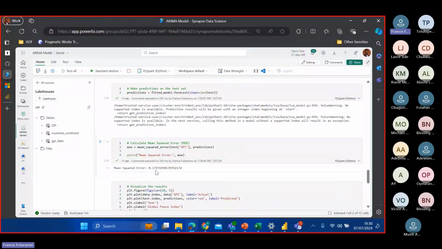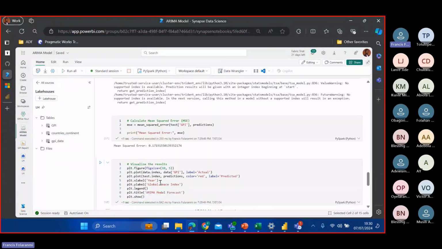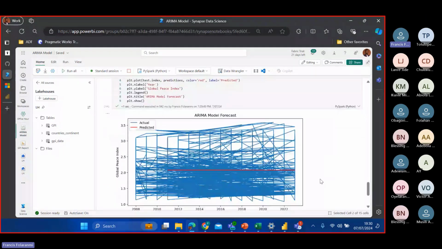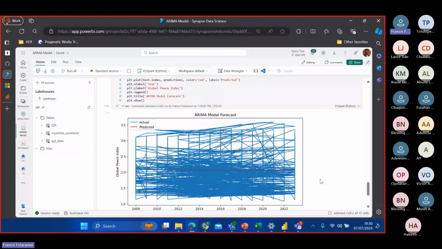So with this mean error, we then start to look at the data set. How do we adjust it? Do we need to adjust the model, fine tuning and all of that? And then we want to visualize this result. So when I tried to visualize the result, I got this not so good visualization, which is based on this data set. So that's what led me to exploring other models. Even though I'm not a data scientist, I had to just use another model I was able to get online.